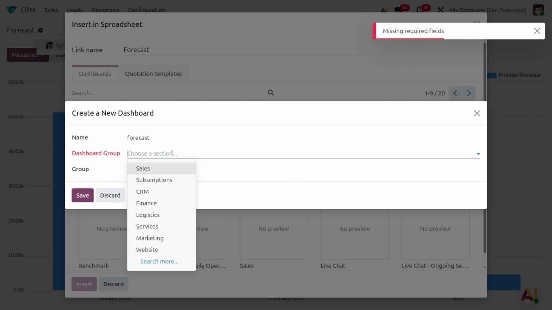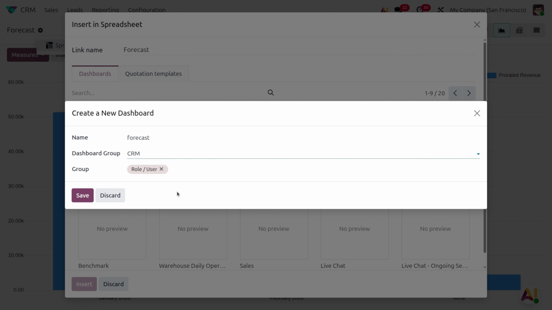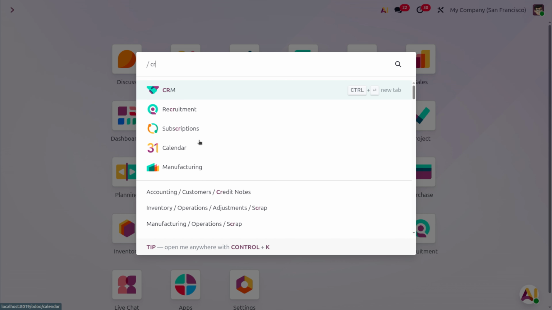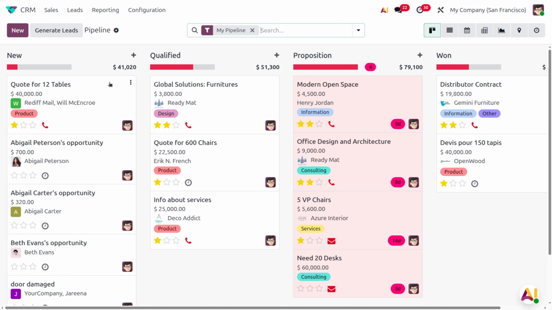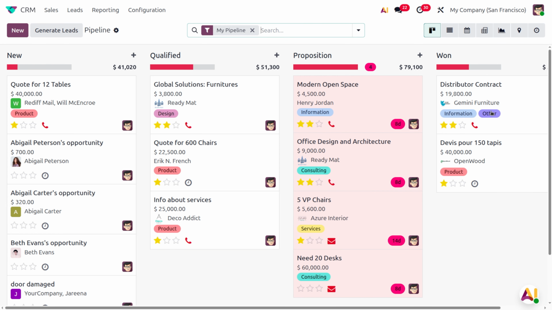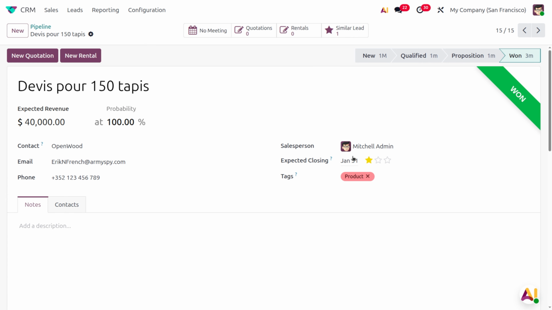Okay, so here we have to choose an option of the CRM dashboard. Dashboard group. So once it's done, you can save it. Okay, and here you can see currently we have the spreadsheet which has been inserted, but we are not getting much report over there. So what I'm telling is that if you just want to insert this into a particular spreadsheet, you can just do it. And currently this is one way we were dealing with, right? So here you can see,